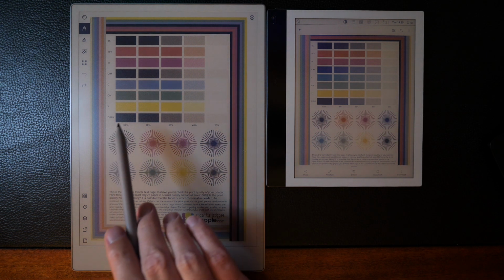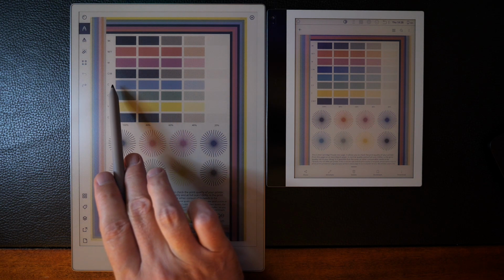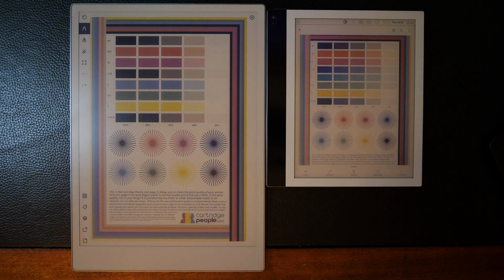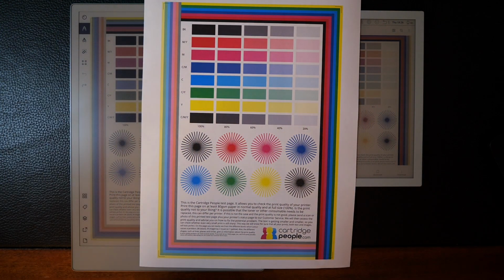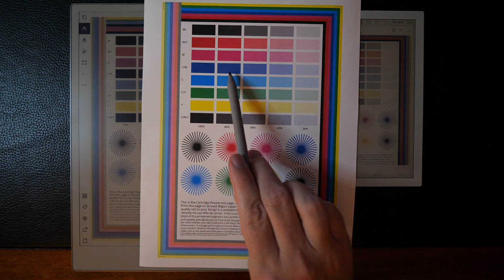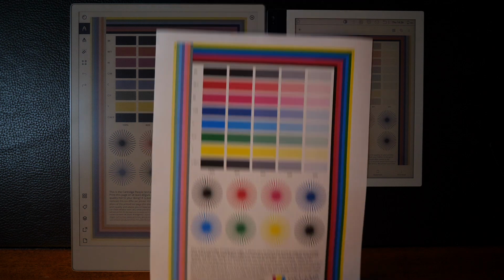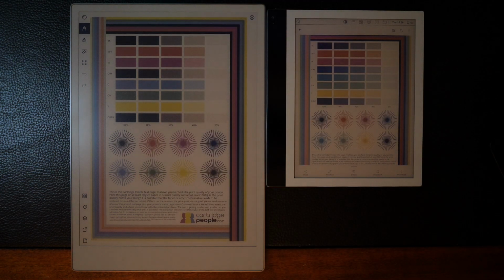So the blue, here, this is cyan here, and above it is cyan and magenta, which is supposed to reproduce as blue. Let me get the original piece of paper, just as a reminder. See, this is blue here, right? It's a slightly darker blue, but it's definitely blue. Now, what we see with